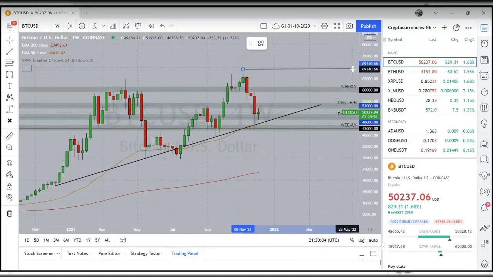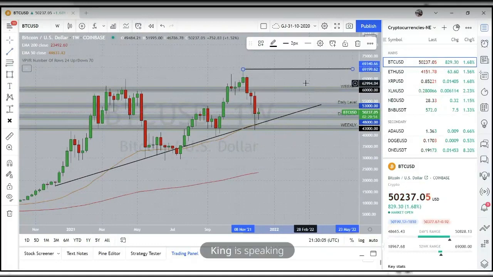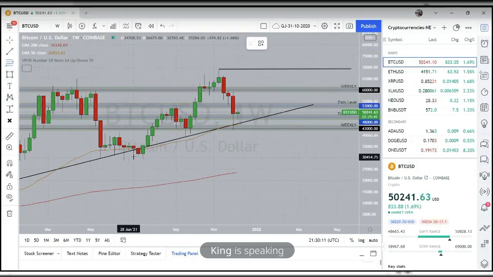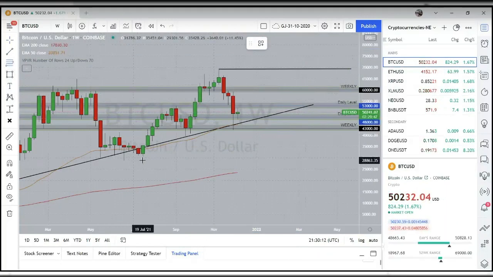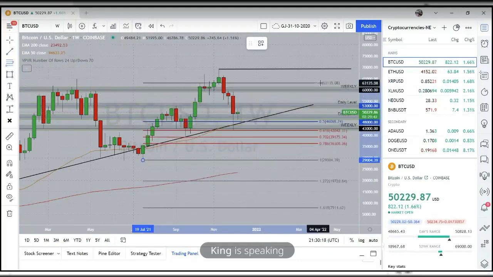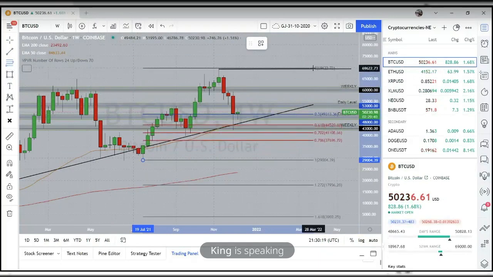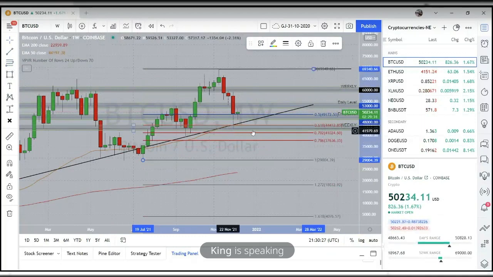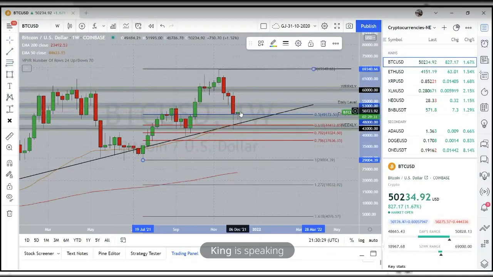See price getting back up to there, possibly from these lows. If we just get a Fibonacci tool here and see from this range low, from the swing high to the swing low, we've got a retracement down into the 0.618 and price holding above the 50% fib. So even though I still feel a bit bearish, for me, this is like the